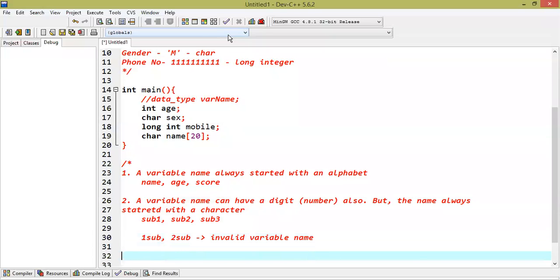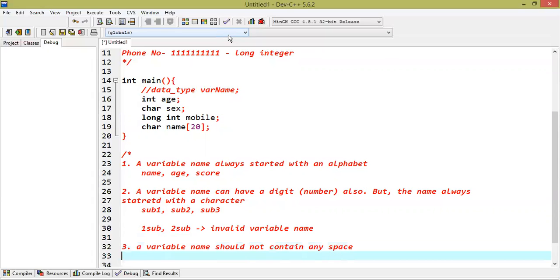Next, a variable name should not contain any space. Any space means, suppose you're creating a variable name called first name.